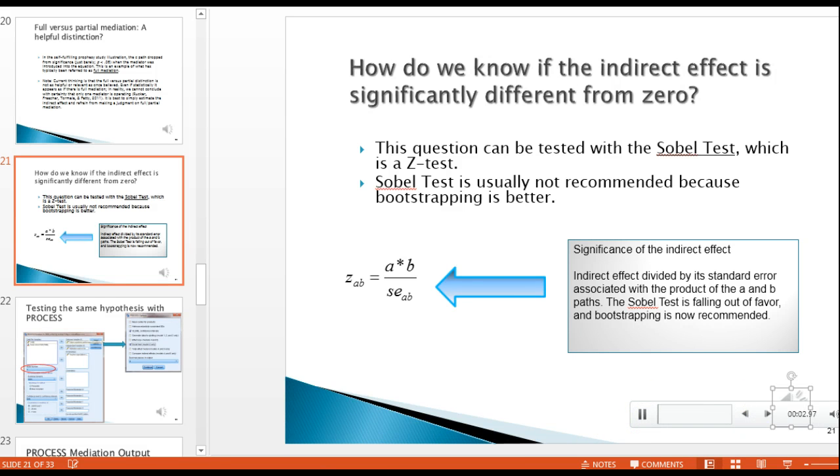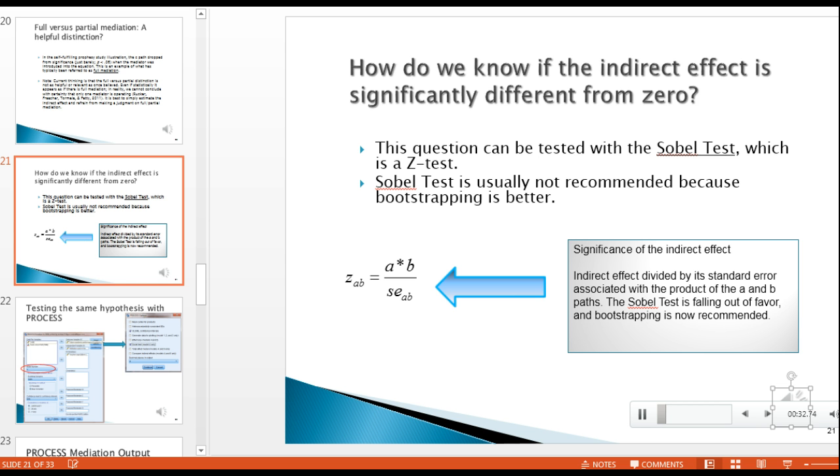One of the substantial critiques of the Baron and Kenny method is that there's no way to falsify the null hypothesis that the indirect effect is zero. Note that we went through the Baron and Kenny method, but there was no way to really know how much drop in that C-path would be enough to indicate that the indirect effect is significant. And recall that the indirect effect that we found was very, very small in value. It was about 0.006, and so